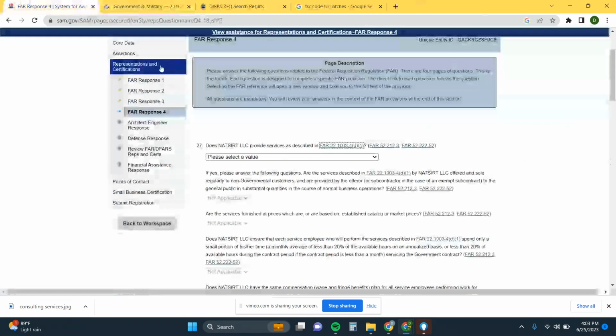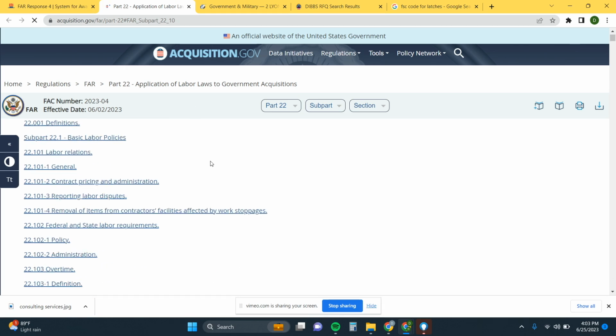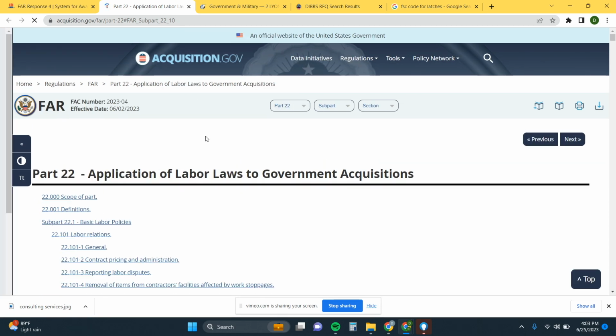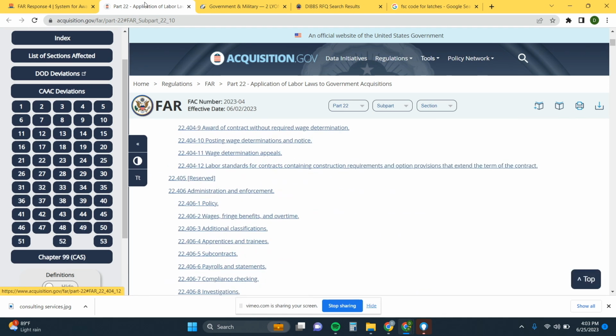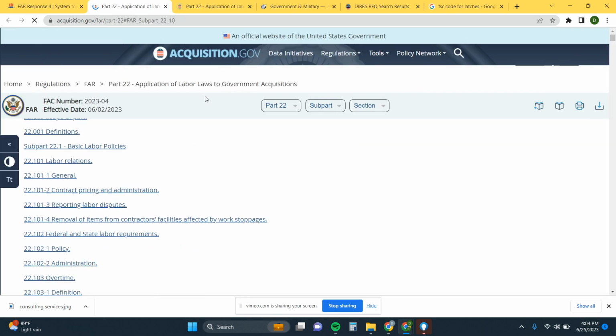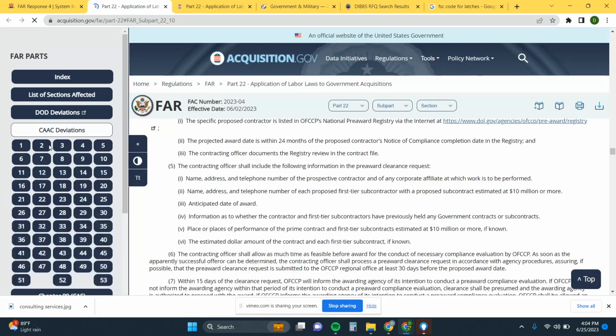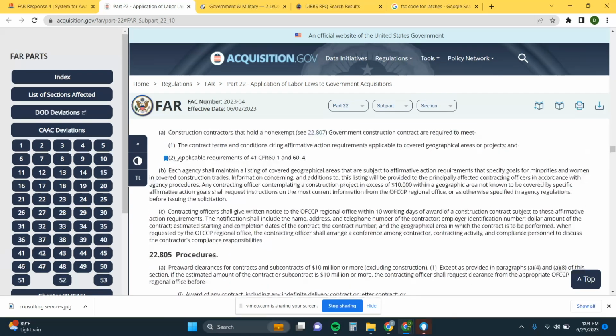Let's close this and then open it again. Here we go. I don't know why I didn't just load in the last one. That was weird, but